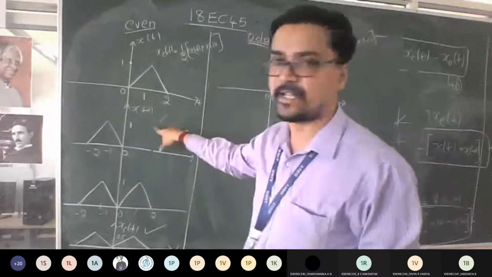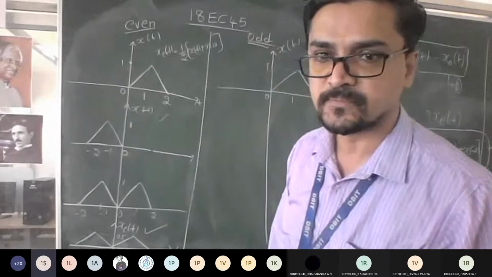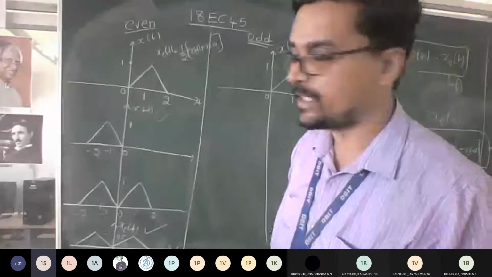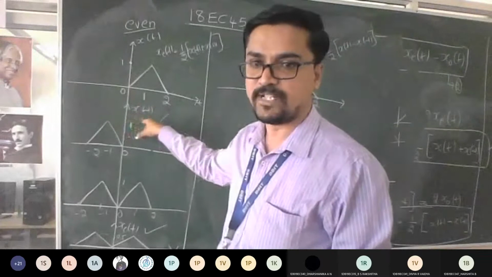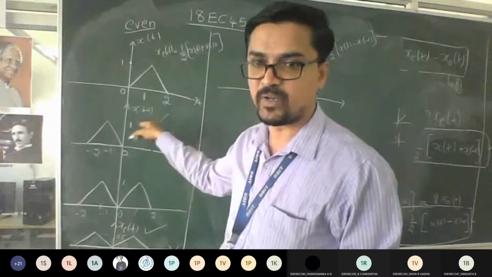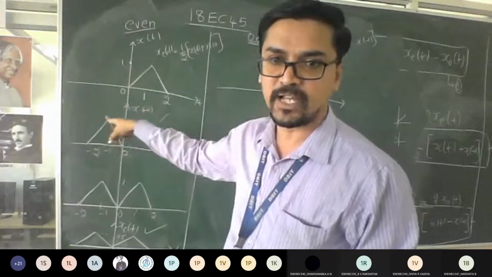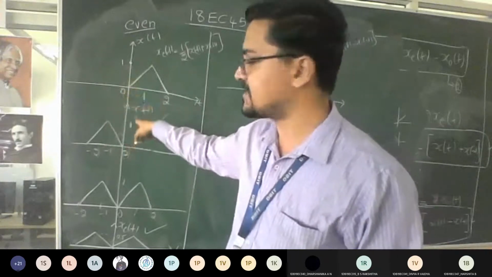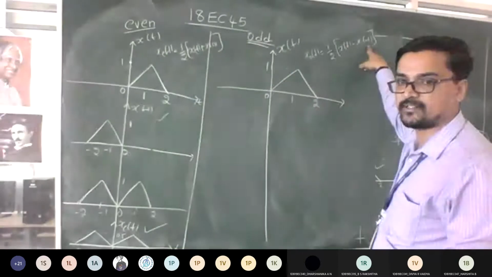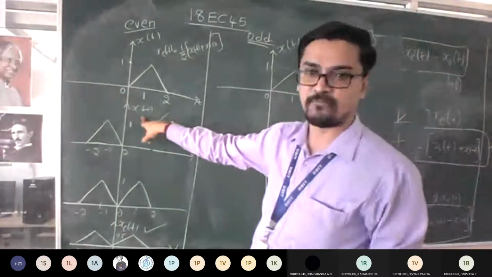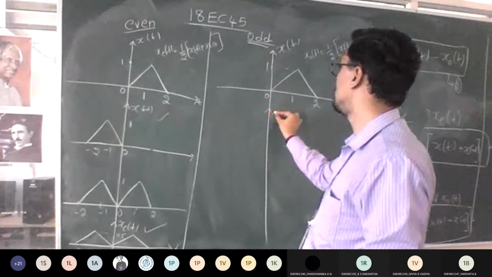So this is your x of minus t, right? So how does it look now, minus x of minus t? Mirror image of x of minus t, folding. So I told you minus represents the amplitude, right? If it is inside the bracket with respect to the time interval, you should play with the x-axis. If it is outside, it should play with the y-axis. Now it says minus of x of minus t, right? So you already know how to draw x of minus t.